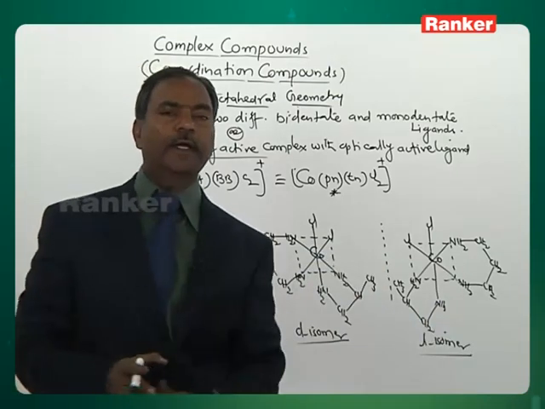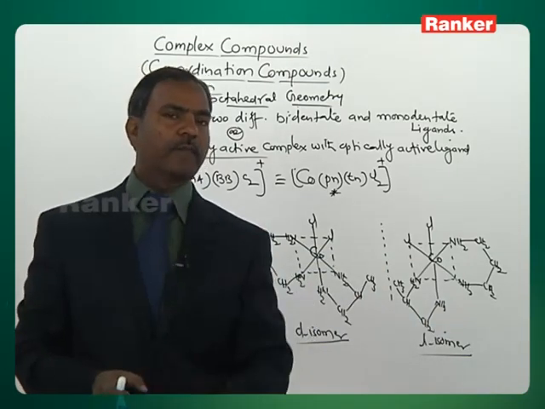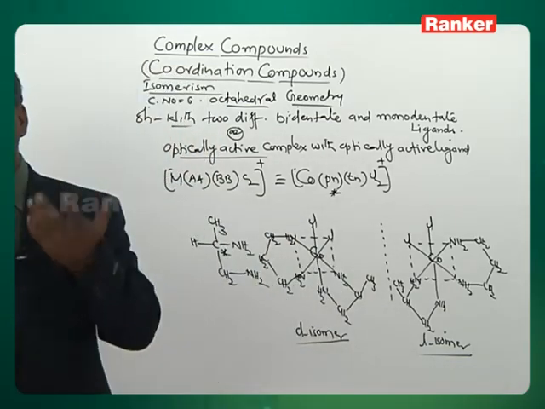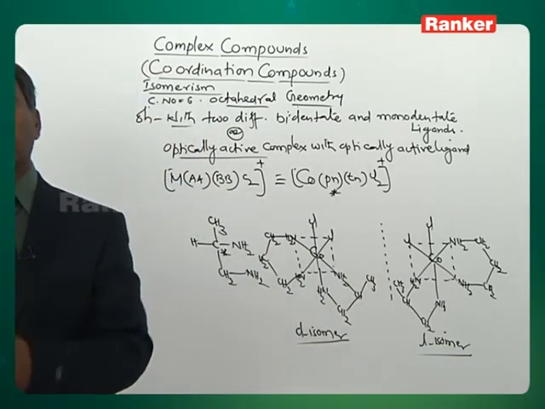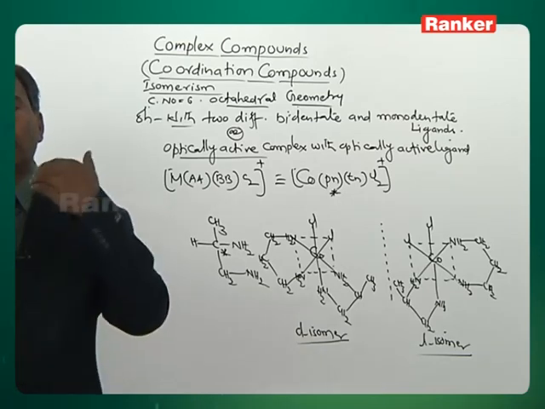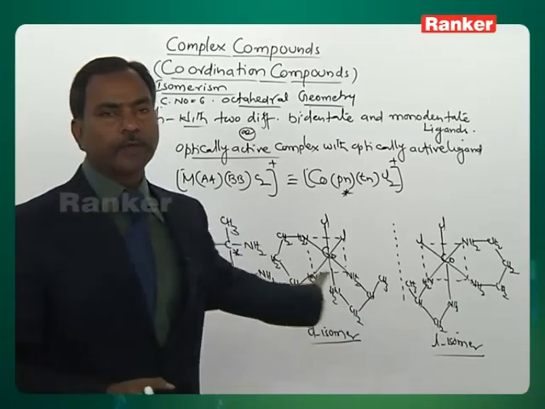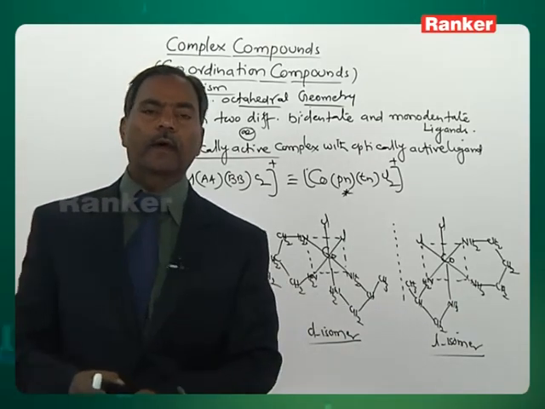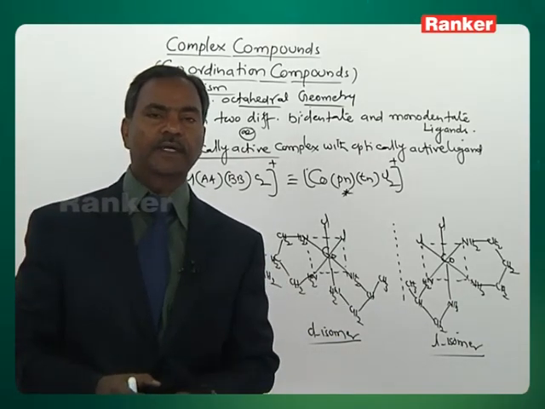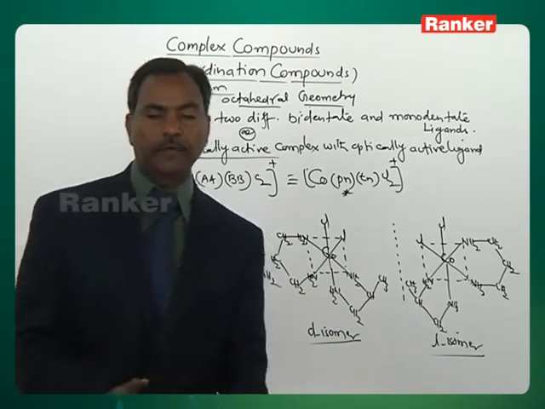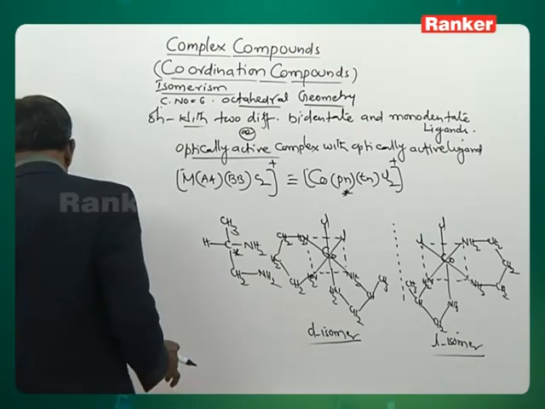In that we are taking it as an optically active complex which is carrying an optically active ligand. Optically active complex with the optically active ligand. This is the best example under this. As we have taken, PN is an optically active ligand, as it is carrying an asymmetric center. The ligand is optically active, but the overall complex is also optically active. Next we see